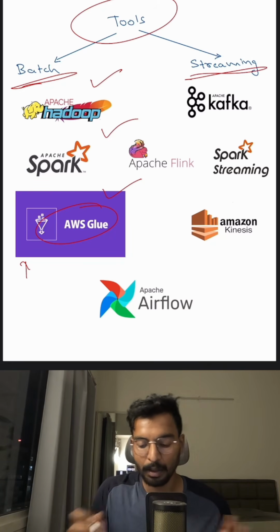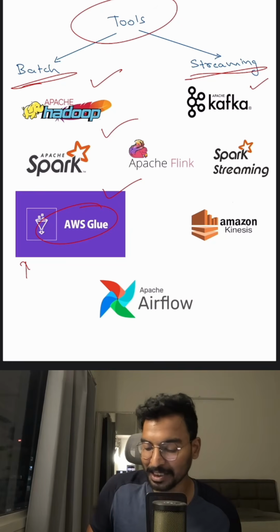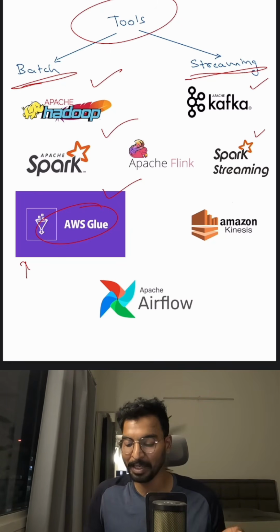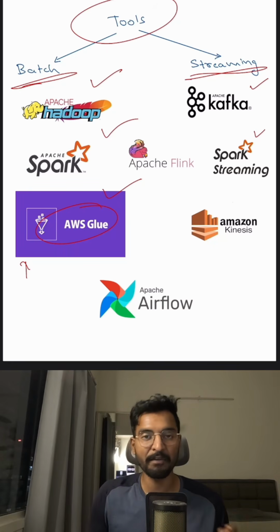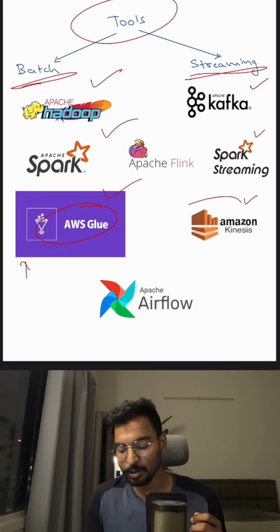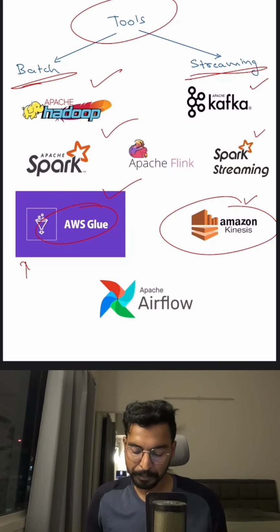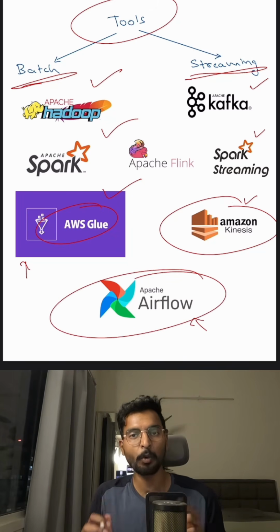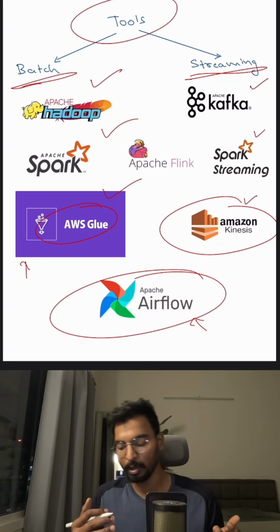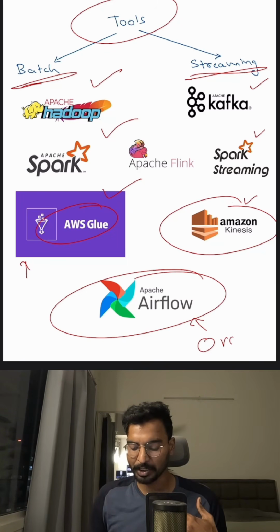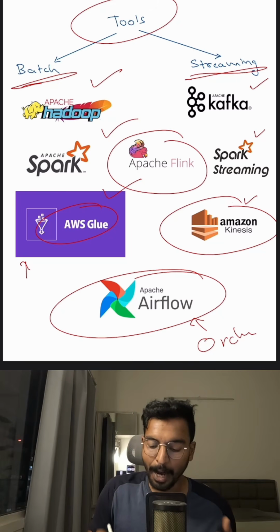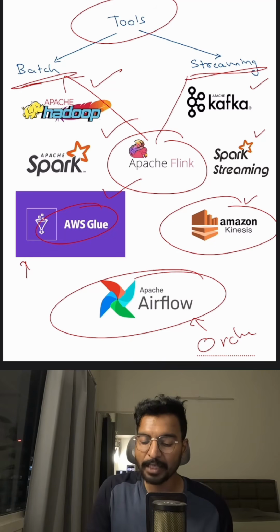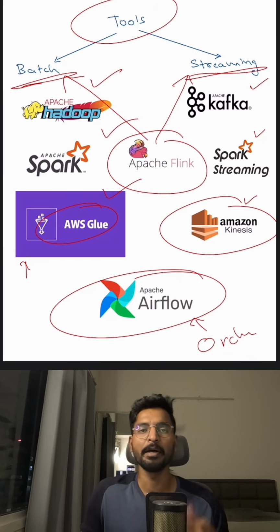For streaming, on the other hand, we have Apache Kafka. In Apache Spark, we have Spark Streaming as well. For AWS, we have Amazon Kinesis that we can use for live streaming. Apache Airflow is majorly an orchestrator when you want to schedule your batch processing or your streaming. Similarly, Apache Flink can be used for batch processing as well as for streaming. You can configure that for